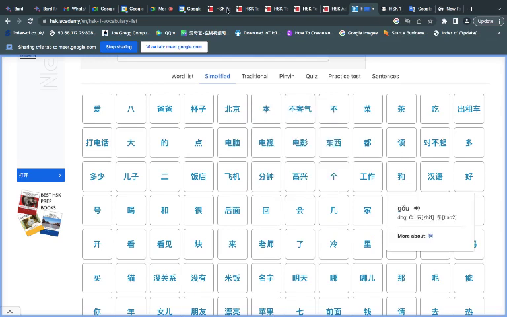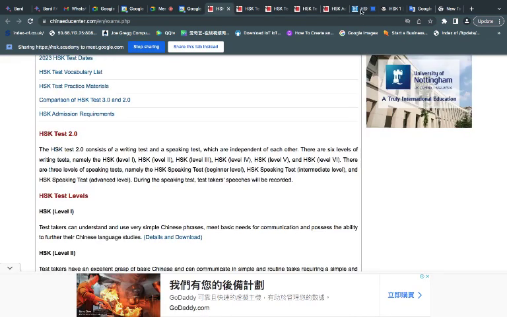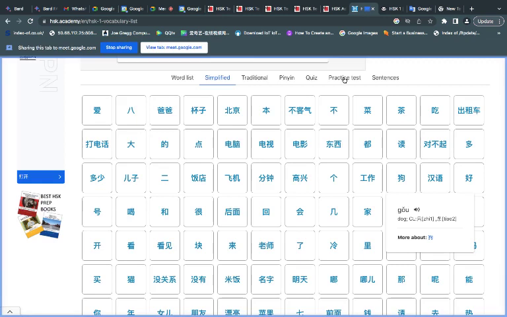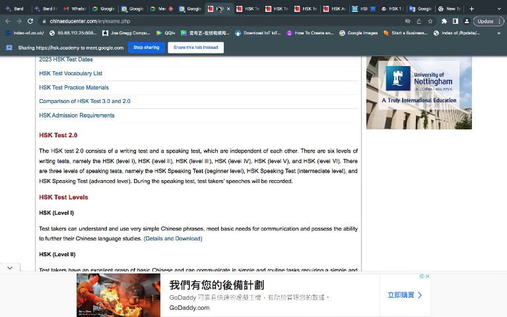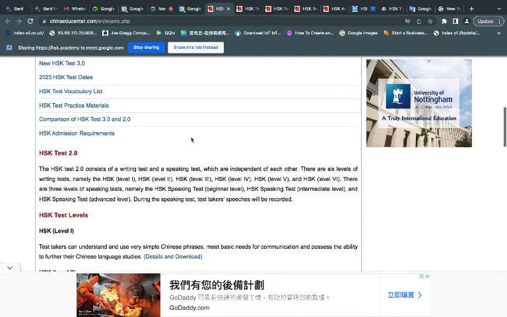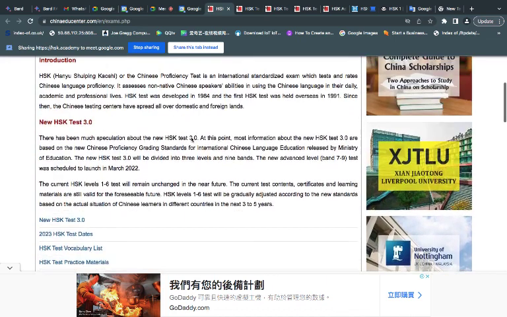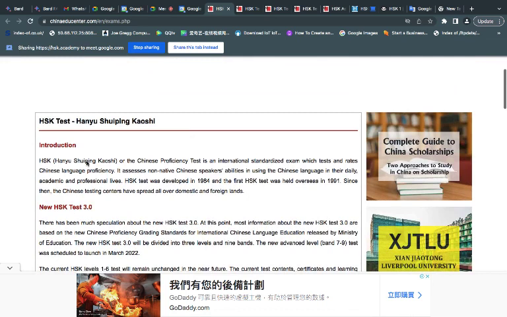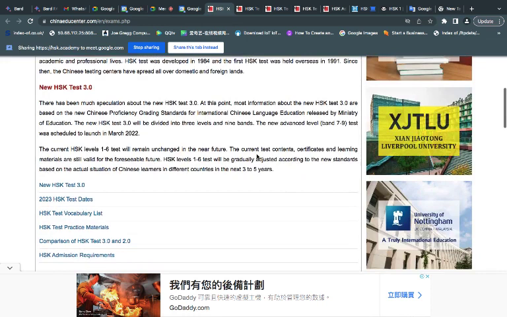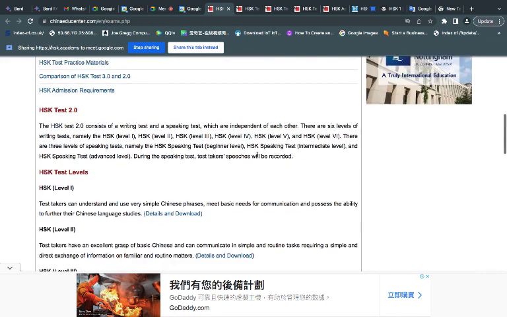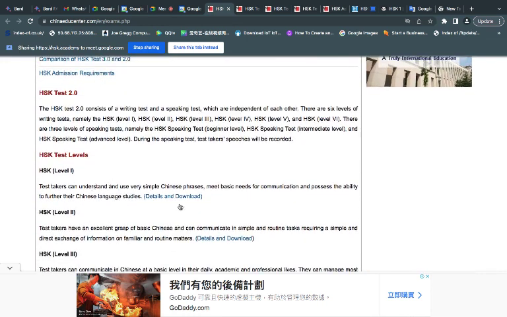And then if you intend to do the exam, like test yourself how good you are, this site also allows us to do that. It has some practice tests. But if you want to actually get a certificate for your knowledge, right, HSK1, HSK2, HSK3, it comes up right over here. This one is called HSK, the proficiency test, right? This is internationally recognized, and it's available actually in every country where you can go sit and take the exam.